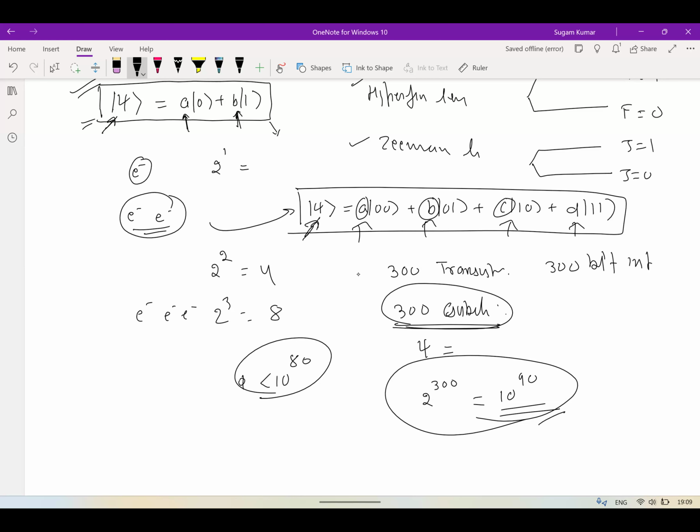And you can see that if you can create 300 entangled qubits, and entangled means you can create this superposition state, then this wave function is going to have this much information. But of course, when I say this much information, it doesn't mean these many numbers are stored. No, the numbers are not stored. The information is there, 2 to the power 300, but when you do a measurement, only one number you're going to get, or maybe 300 numbers out of this.